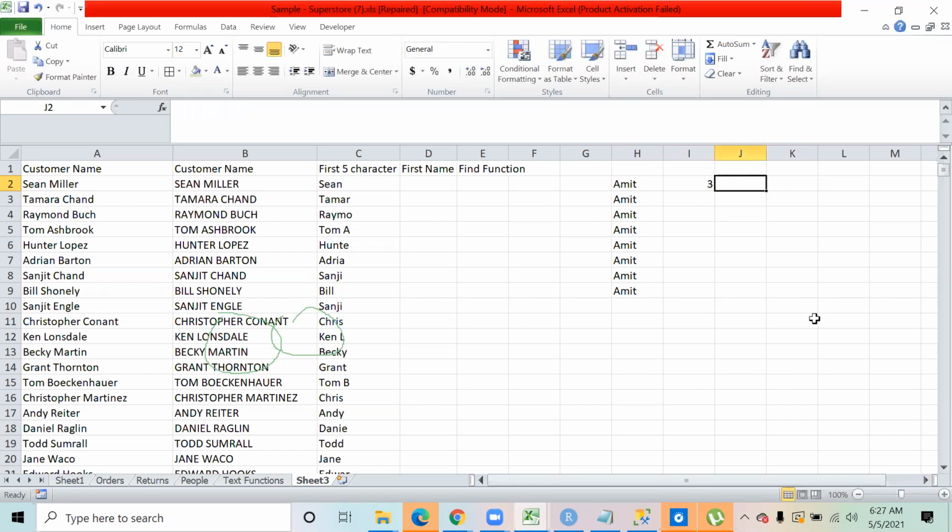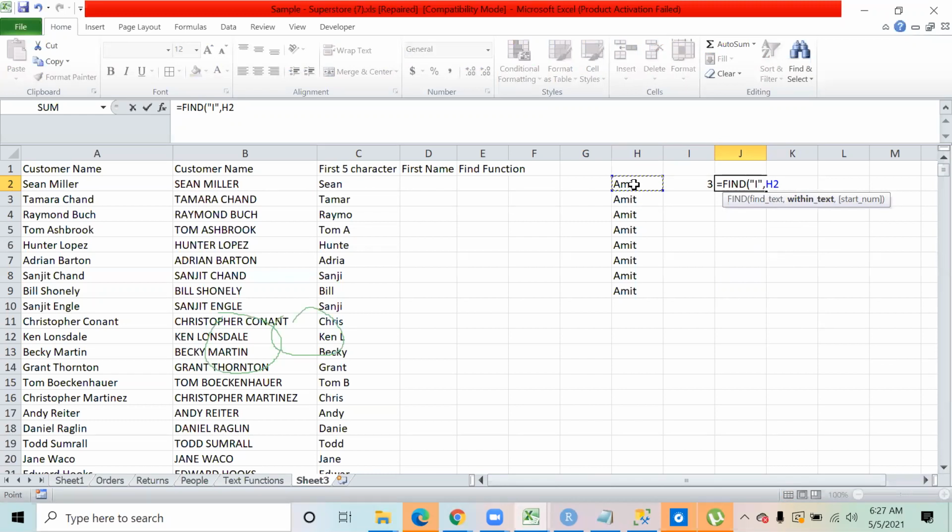I'll apply the same formula again. I will say equal to find. What do I want to find? I want to find I. It is asking within text, where do you want to find it? I want to find it in this name.